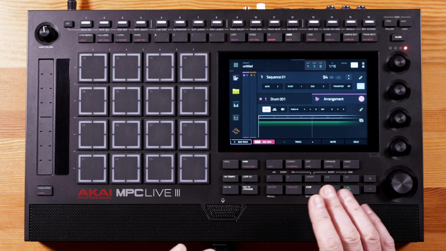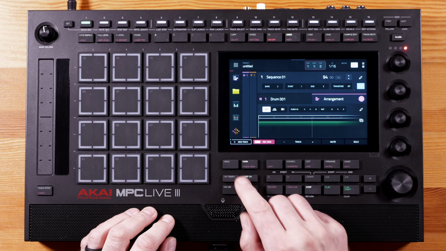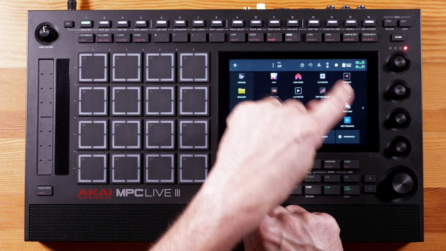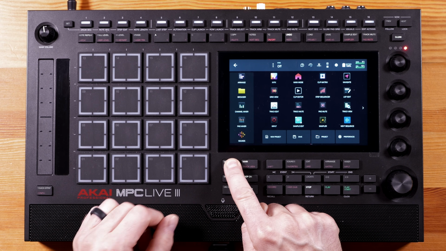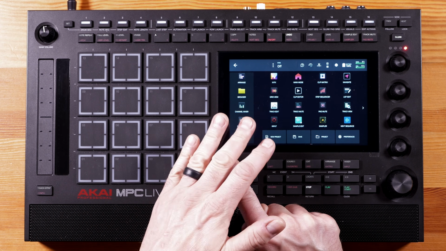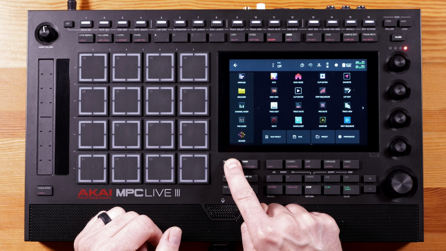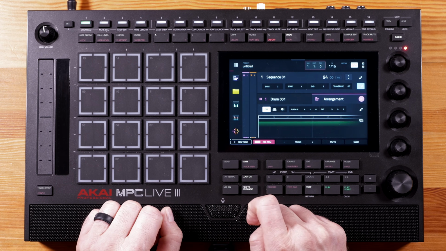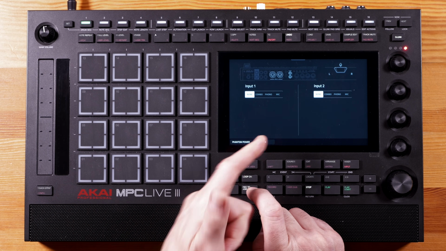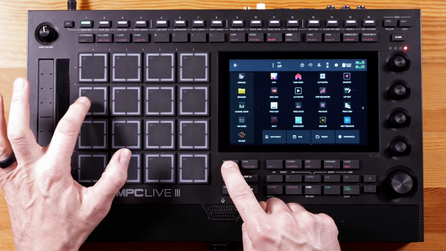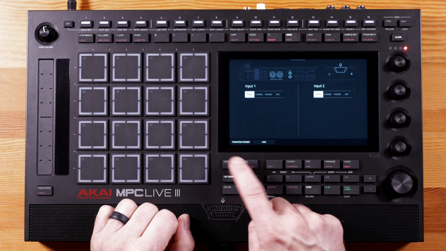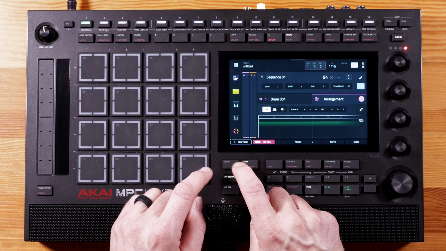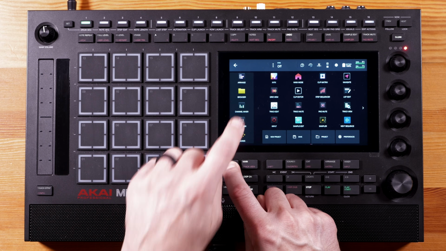Now, another thing you can do as far as a shortcut is when you press and hold on menu, these pads actually correspond to what you see on the screen here. So if I always have these set up in a specific way and I want to access them very quickly, let's say I always know that this A1 right here is my input tab. If I just press this and click on that, now I'm instantly in my input tab. If I know that this is my grid right here, I can just click on menu and jump into my grid really quick. So again, by pressing and holding on this menu button, I can quickly jump to any one